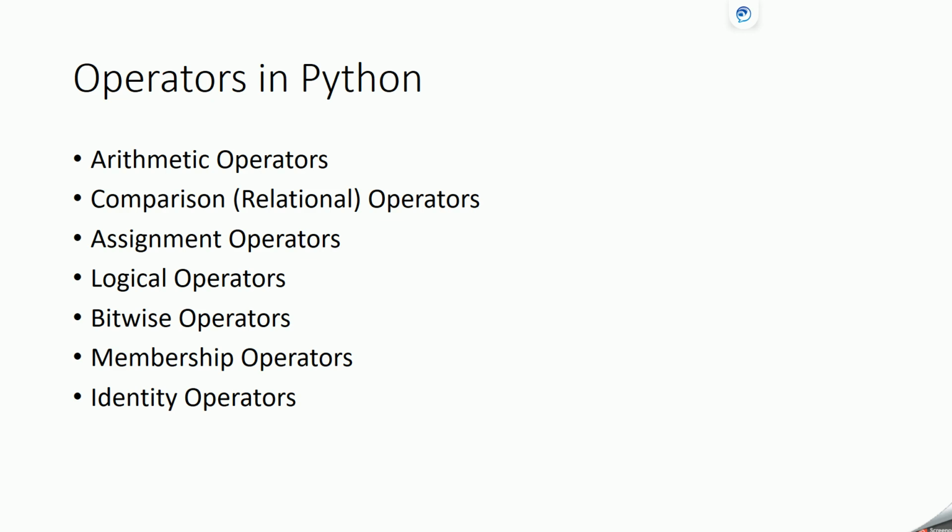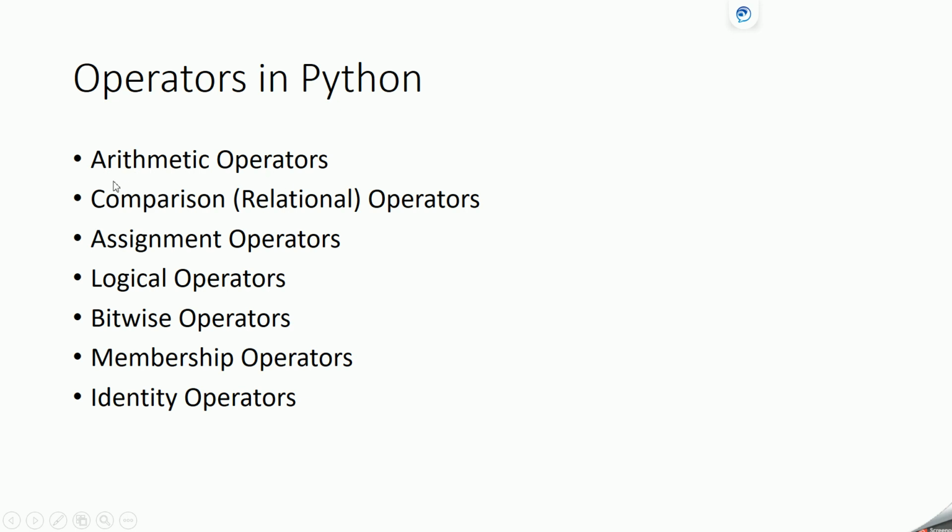In this video, we are going to learn about operators in Python. So, operators are symbols that are used for a specific operation, like arithmetic or mathematical operation, logical operation, or assignment operation. For various purposes, we have operators defined in Python. So, we'll see each of them one by one with code examples.